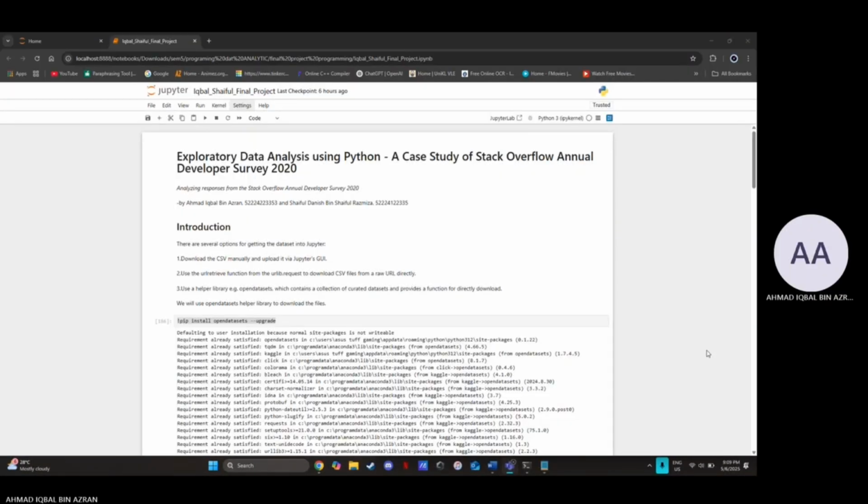So now I will go through the data preparation and cleaning. While the survey is considered to contain a wealth of information, we will limit our analysis to the following areas: demographics of the survey respondents and exploratory data analysis using Python. Also, the distribution of programming skills, experience, and preferences, employment-related information, and developer programming communities, from the Stack Overflow Annual Developer Survey 2020.